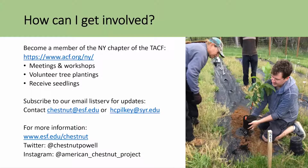and you want to get involved, I always recommend people becoming members of the New York chapter of the American Chestnut Foundation. So the foundation's really cool. They have meetings and workshops annually. Of course, we didn't get to have one this year, but we do them virtually. ESF sometimes hosts pollination workshops, so we've done that in the past. So you can come to our campus and learn how to pollinate the trees, so that if you were interested